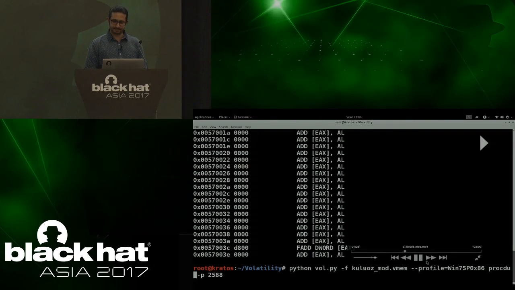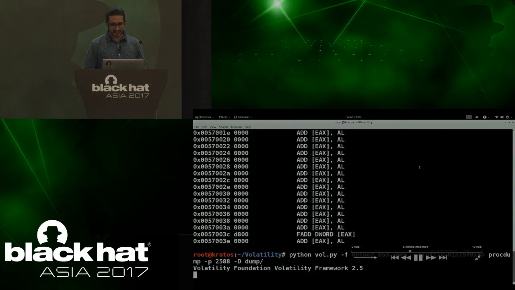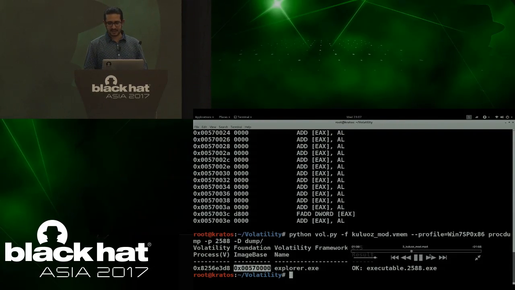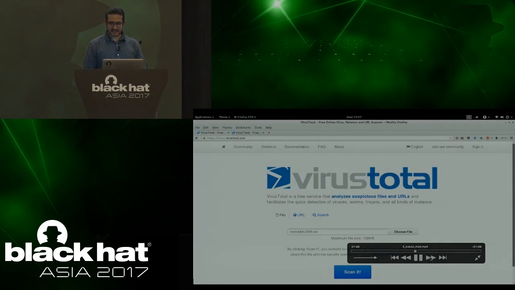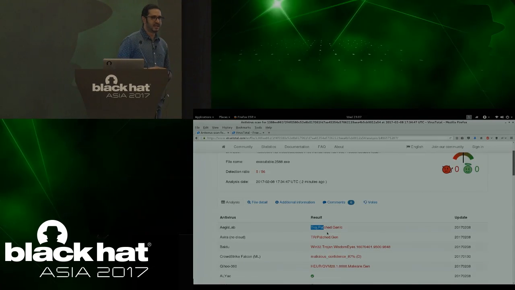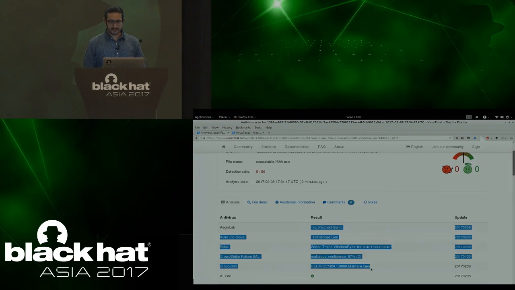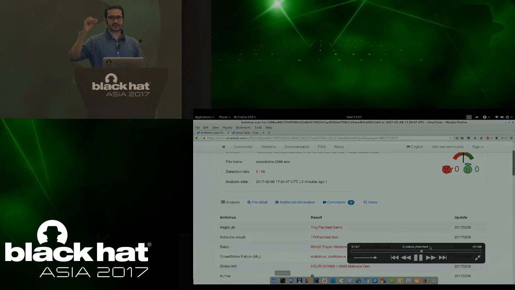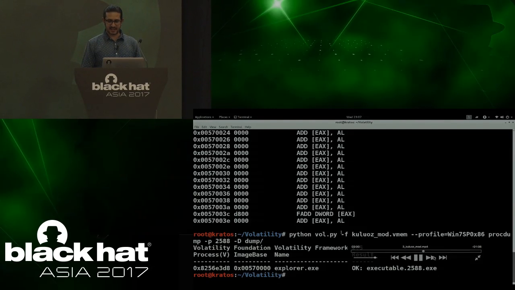Now what you might do is dump this executable, which is a patched explorer.exe, which is not really a malicious component. You might analyze it, you might run it in a sandbox, you'll get nothing. So you'll probably think that the malware is doing nothing. But in reality, you missed the code that was injected and where the redirection happened. So let me submit this explorer.exe, and it says it's patched. If you don't notice, you think that it's malicious and you'll be happy saying that you found the hollowed process, but you really didn't find it. You just found the executable that patched and redirected the code.